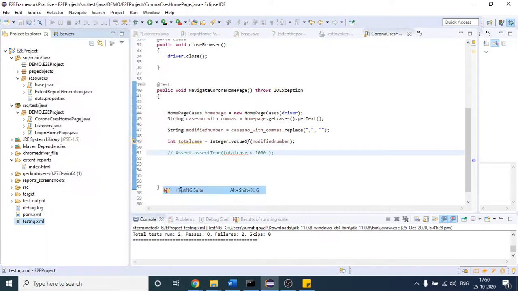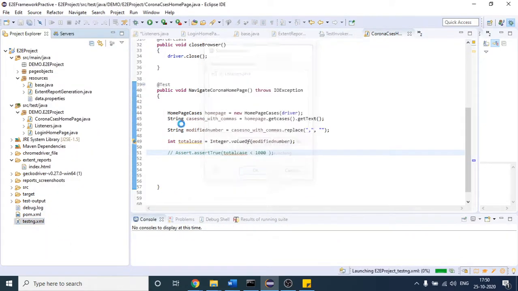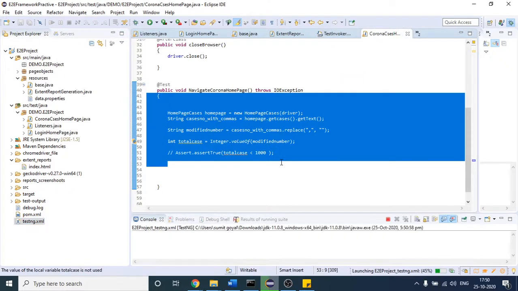This time you will see that for this test case no screenshot will be present, because this test case is not failing. So let us check.